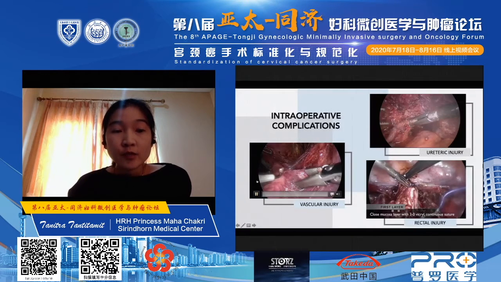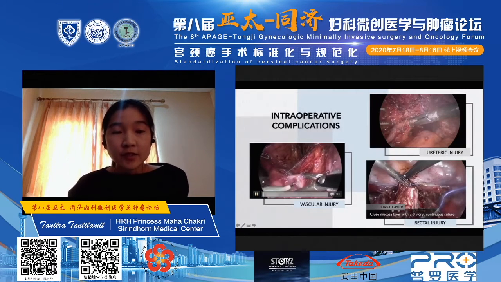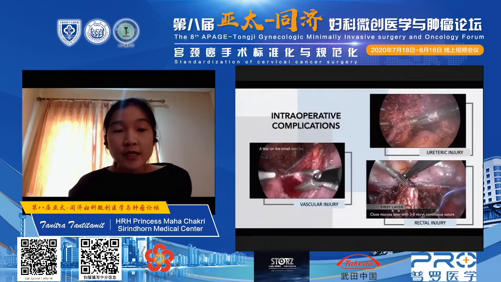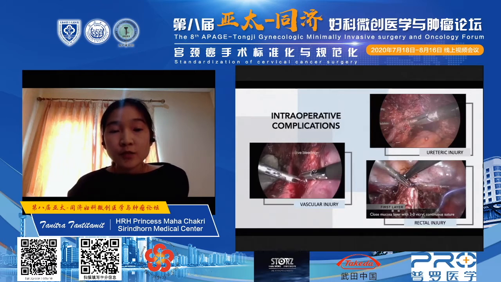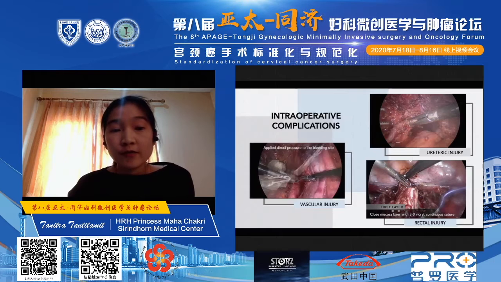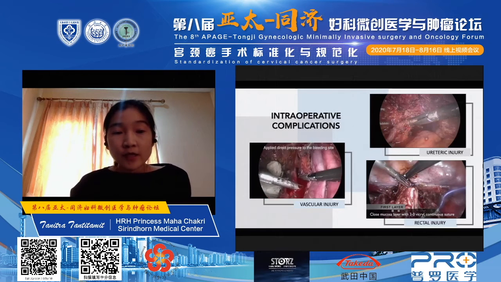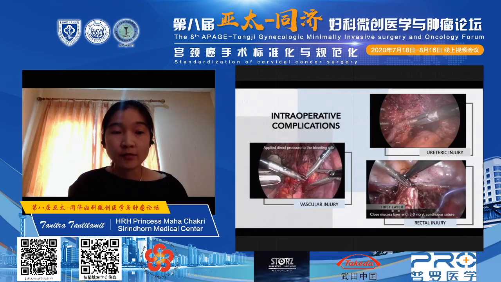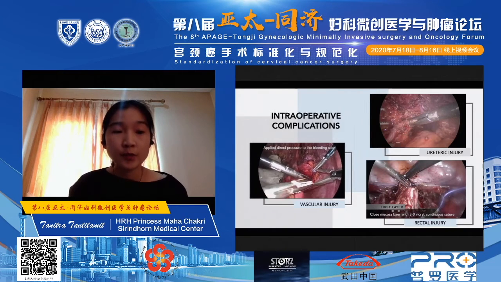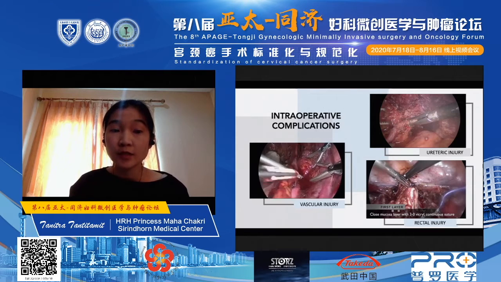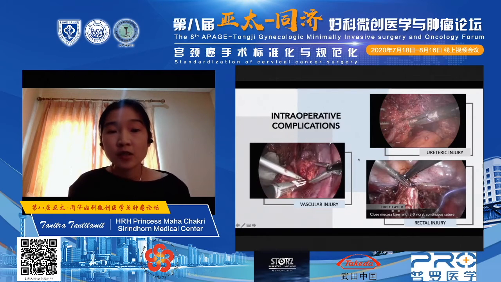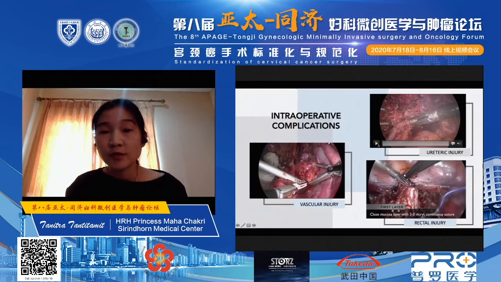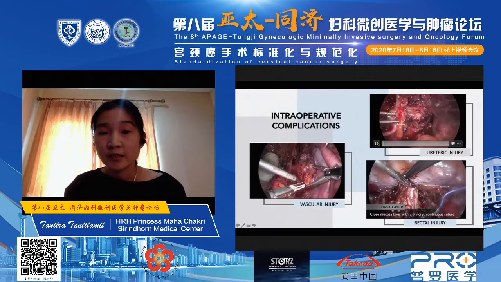Intraoperatively, the most common complication is intraoperative hemorrhage. It could occur from radical hysterectomy or when we perform the pelvic lymphadenectomy. When vascular injuries occur, they can be repaired by direct pressure using hemoclips, suturing, or sometimes hypogastric or uterine artery ligation is required. The internal organ injuries such as the ureteric injury